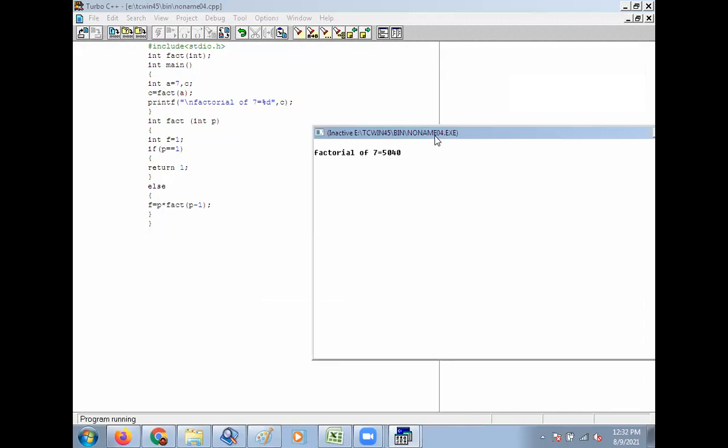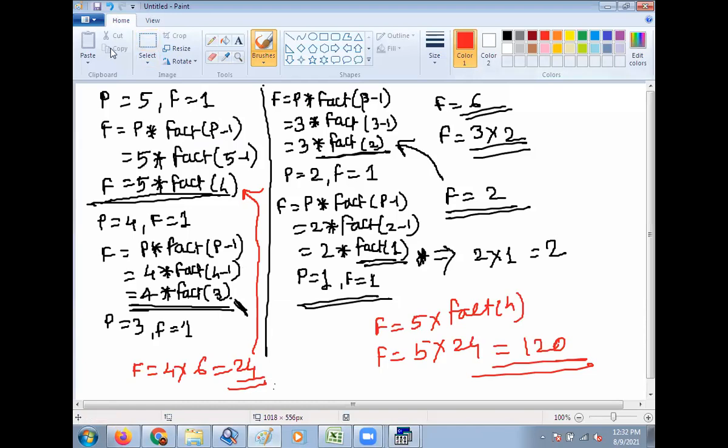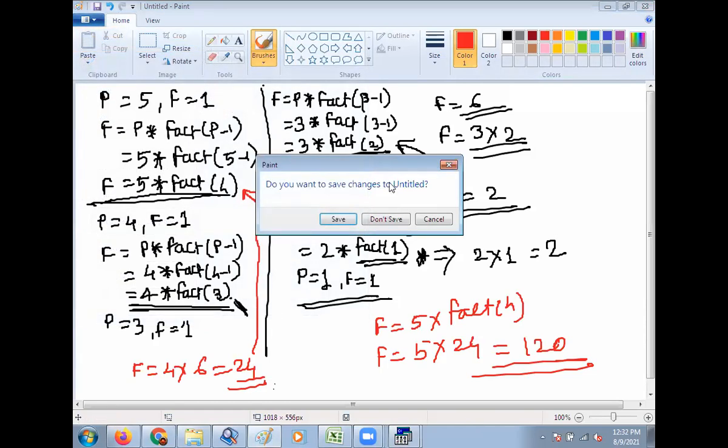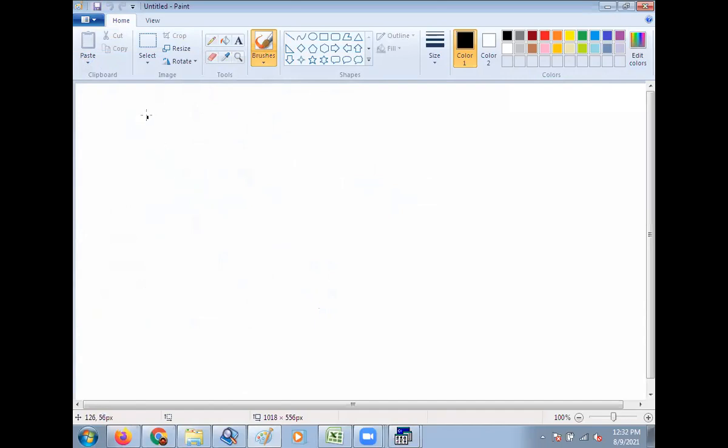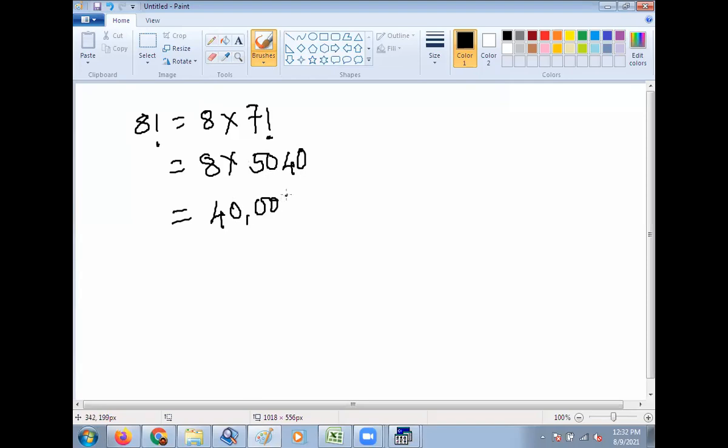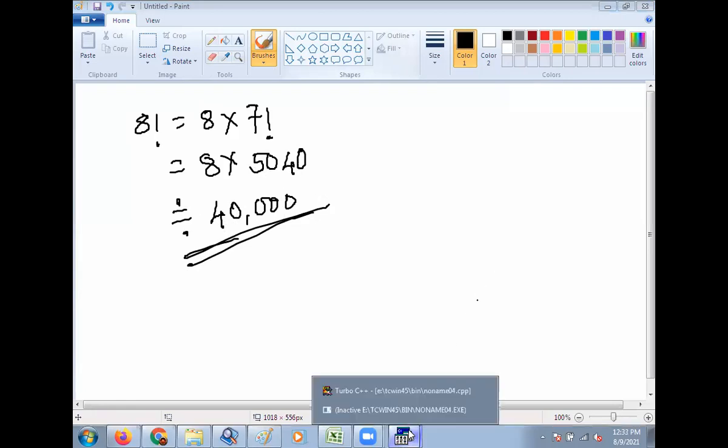So we should write, see here, 8 factorial is equal to 8 into 7 factorial. Is that correct? Yes. Okay. So 8 into 7 factorial. 7 factorial is equal to 5040. Then what is the multiplication? Nearly, approximately, I am not talking accurately, approximately 40,000. And we have taken the data type as integer.